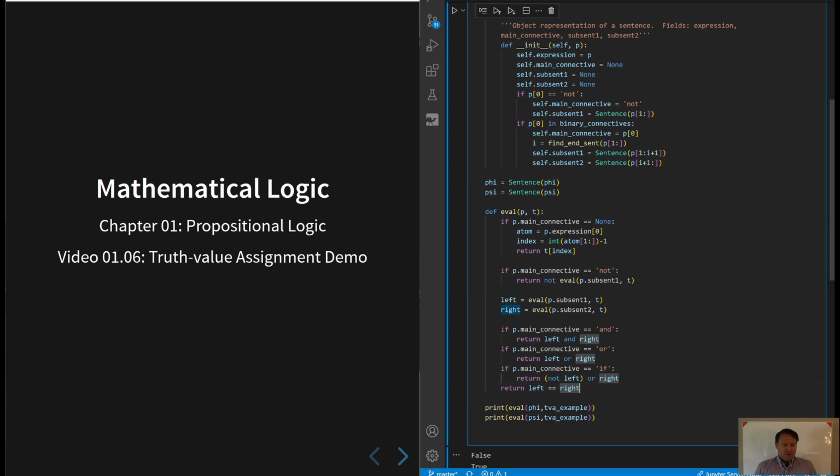value assignments. So to compute not, you just find the truth value, the evaluation, for the sub-sentence under the not, and then just flip it. Right? It's basically what you see here if the main connective is a negation. Otherwise, if it's not atomic and it's not a negation, it's got to have two sub-sentences, it's got to be a binary connective, and in each of the different cases of what that binary connective could be, it could either be and, or, if, or if and only if,